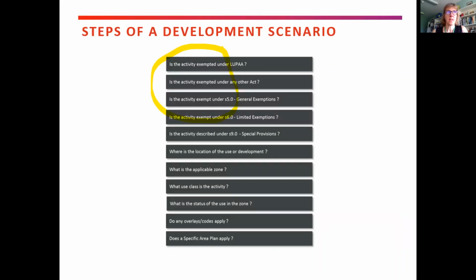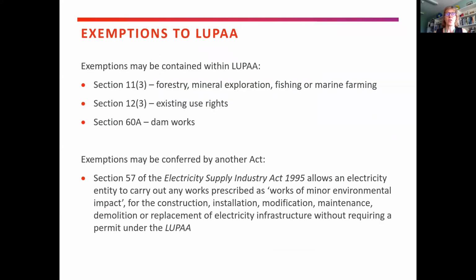So you've seen this. The first thing that you're doing when you're thinking about a development from a planning perspective, so you might be working for the developer, you might be a planner working in council, is the activity exempt? So is it beekeeping? There's a bunch of things that just don't need to be considered. So there's a whole lot of activities, whole classes of activities where there are exemptions within the Land Use Planning